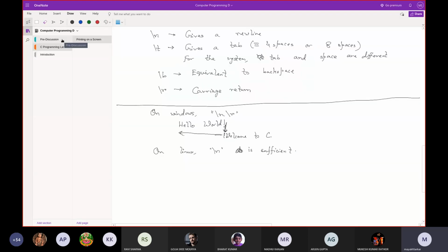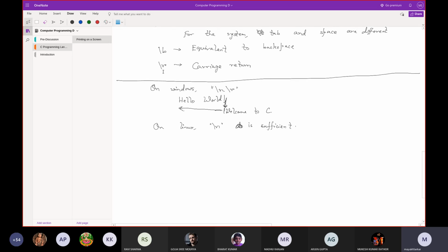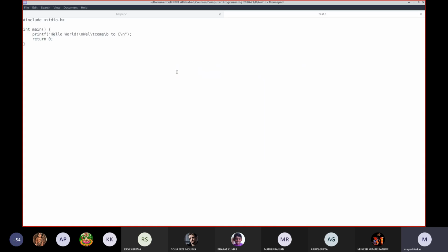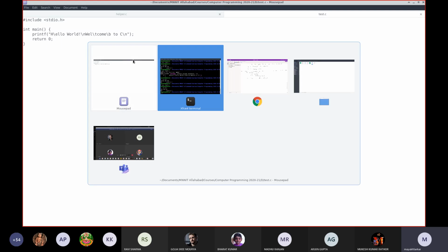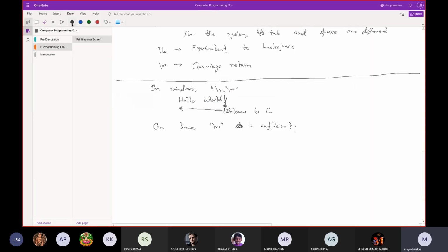Now, after having all these, what if I really want to print a backslash here? Like you asked, what if I want to print a path containing the backslash? I want to print the backslash now. So in that scenario, what we'll do is provide a double backslash.